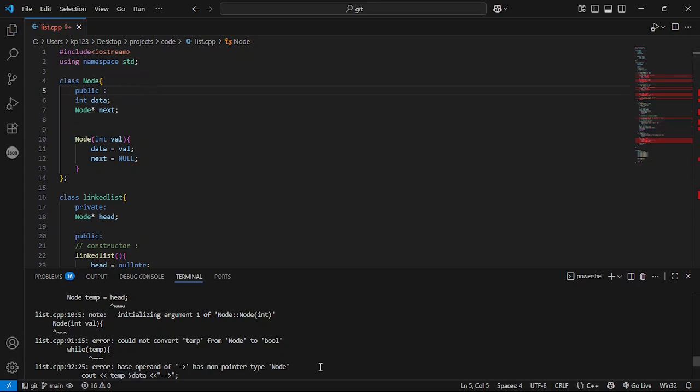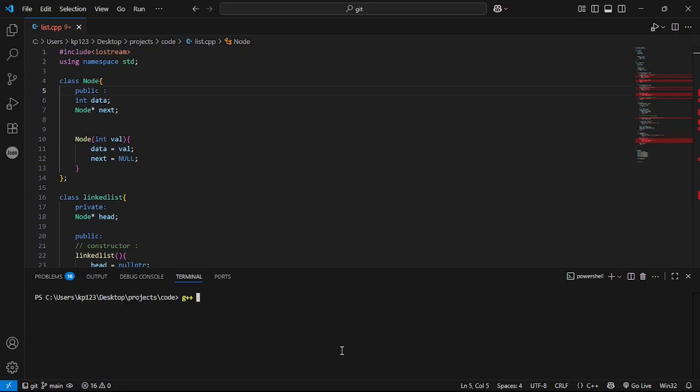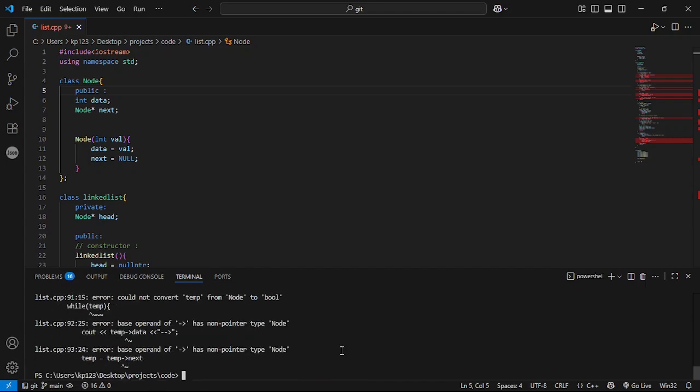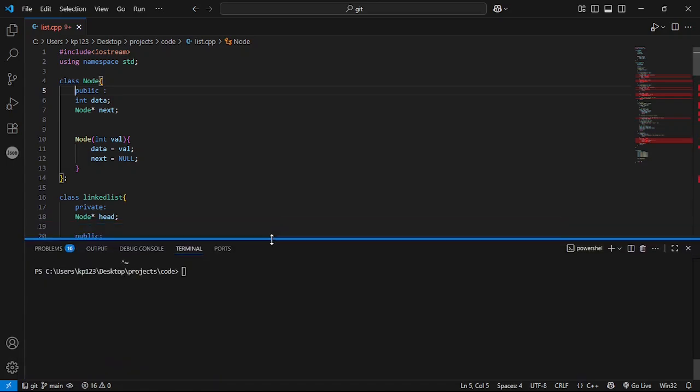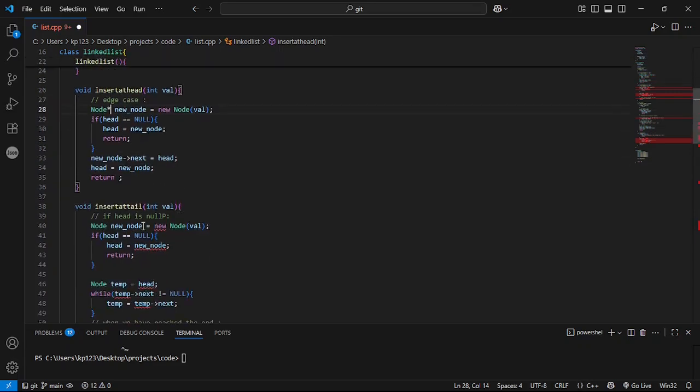Okay, so there are some problems. Let me just figure it out first. New keyword not... So I have to create a pointer, right? It's fine over here.